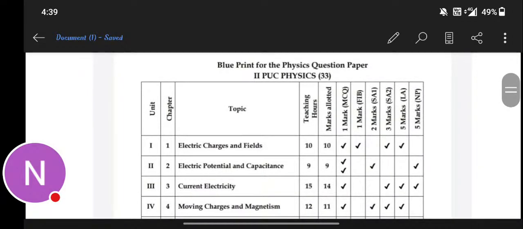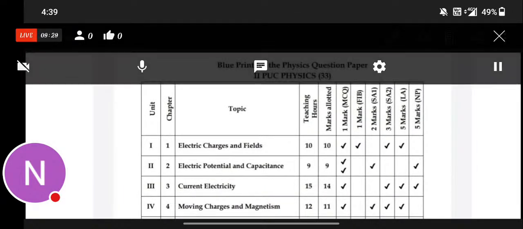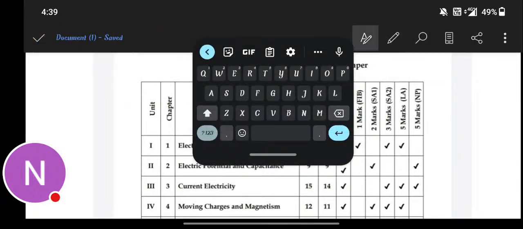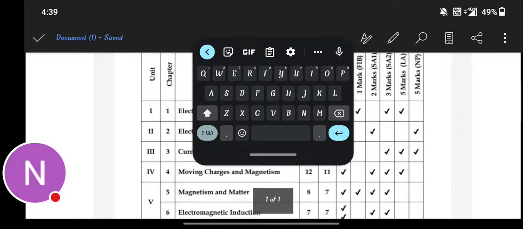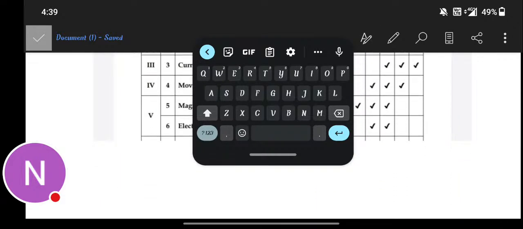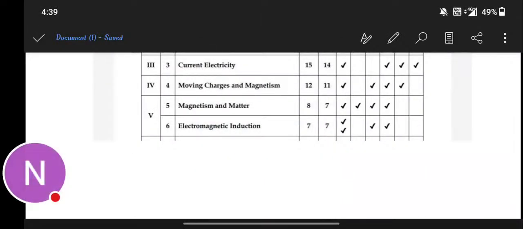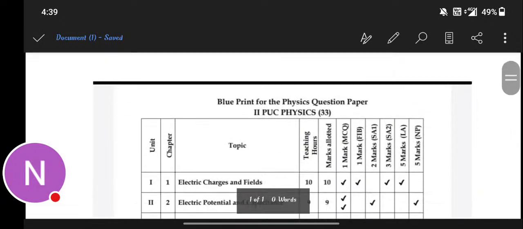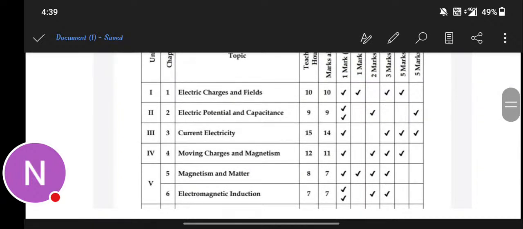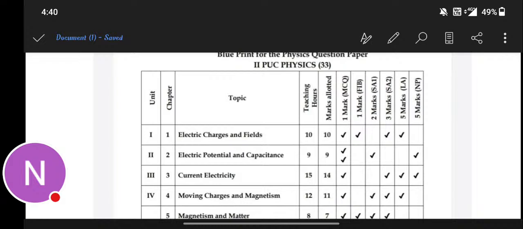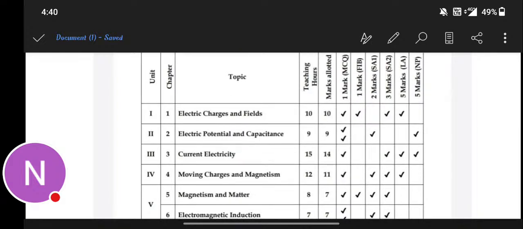So by seeing this blueprint, for passing students, the student who wants only passing marks, for them, here you can see, right, for electrical charges and fields they are giving 10 marks, right? So if you read correctly the